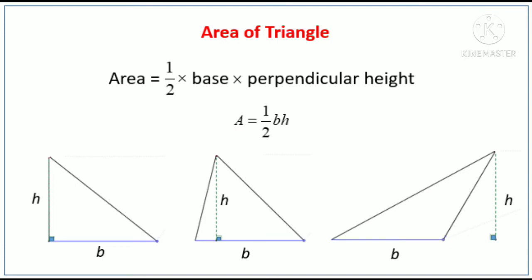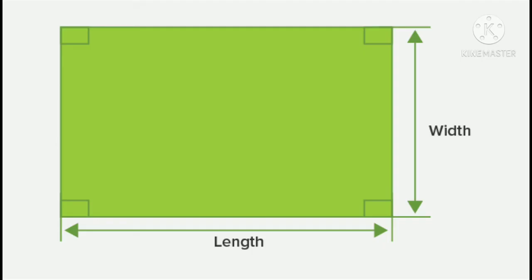So next, what is this? The green color. Can you see? One side is long, one side is short, isn't it? What is this? It is nothing but the rectangle. I think you all know there are 4 sides, 4 angles, but only 2 are equal sides, isn't it? 2 lengths are equal, 2 widths, or 2 breadths, are equal. So this is a rectangle.